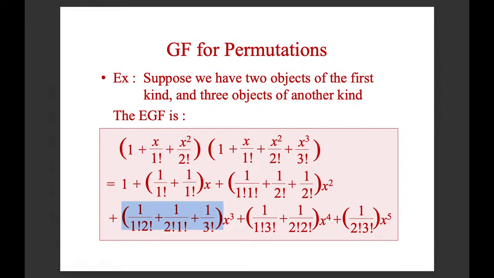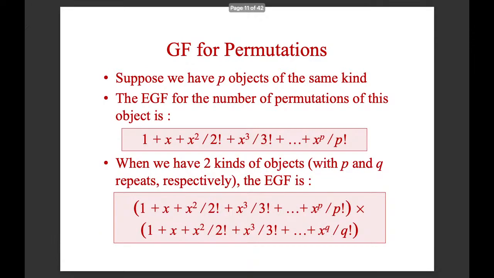And then you can also revisit the earlier example that we have studied in combination and permutation. We have the 5 dots and 8 dashes problem, right? So this is the case where P is equal to 5 and Q is equal to 8. And this is a special case. By interpreting this one not just as 1, 1, 1, 1, 1, but as the number of ways of doing selection of one object, the number of ways of doing selection of two objects, and so on and so forth,